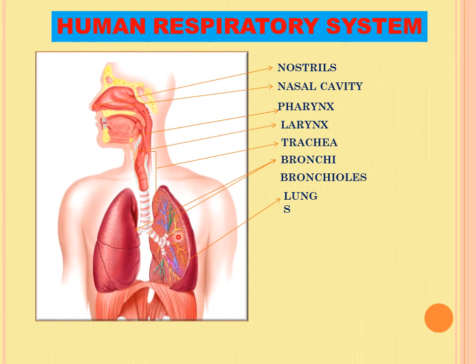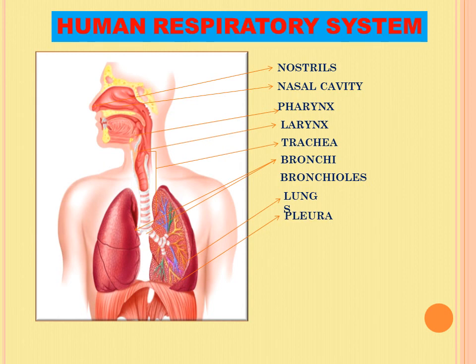These branches are bronchioles. And when these bronchioles are further divided, if there is only one division, it is primary. If more division is there, then secondary, and if some more division is there, then it is tertiary. So primary, secondary and tertiary bronchioles are here. Then you can see that we have two spongy organs called lungs. We can say that the main respiratory organ is the lungs.